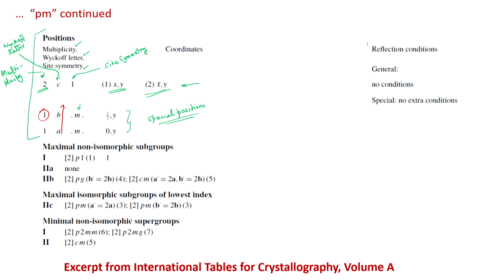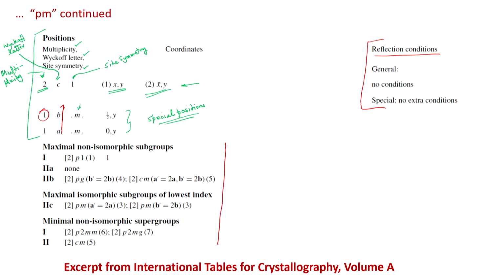Now, there are other things like this which I will not do right now, like what this reflection condition is. We need to have a reasonable idea of what the structure factor is, which we will try to understand when we come to the X-ray diffraction part of the course. And this one also we will not go into any detail right now. I will look at it briefly, but this is probably a little bit beyond the scope of this course.